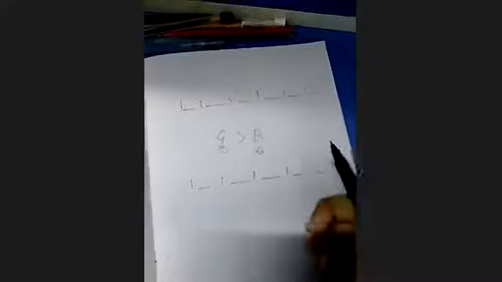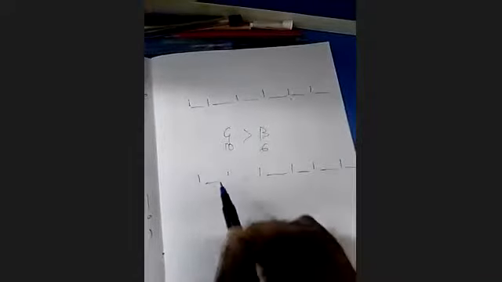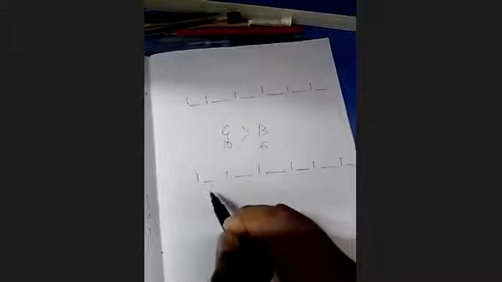Now, suppose this is a girl, here sits a boy, this is a girl, here sits a boy, this is a girl, here sits a boy, this is a girl, here sits a boy, this is a girl, here sits a boy. One, two, three, four, five. This is a girl, here sits a boy, and the girls go on. Now try to visualize. In this first gap, how many boys can sit?